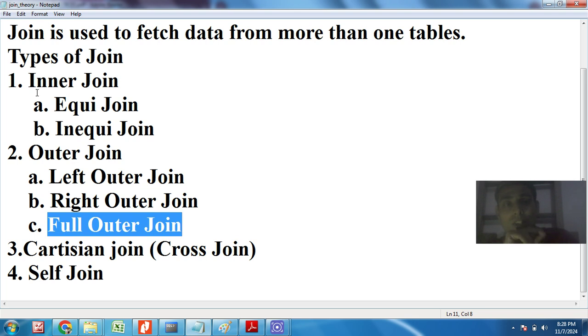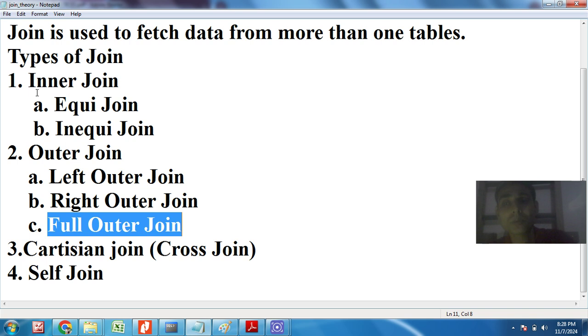We will use inner join, equi join. Besides inner join we have outer join, left outer join, right outer join, full outer join. We also have Cartesian join and self join. Self join uses only one table with an alias name.